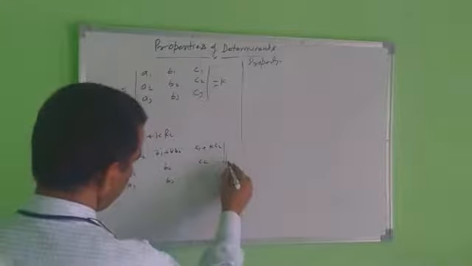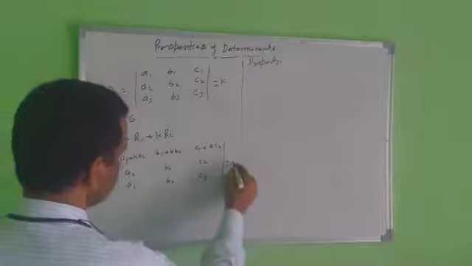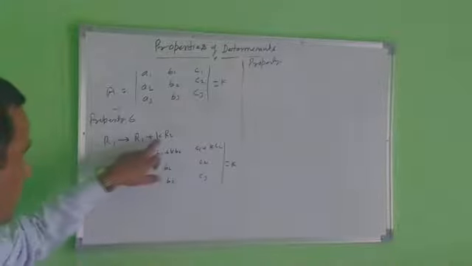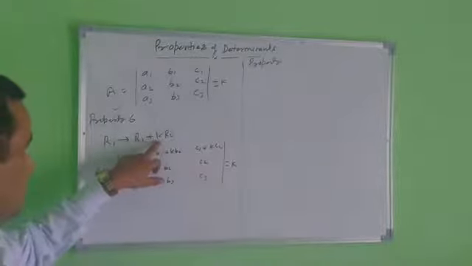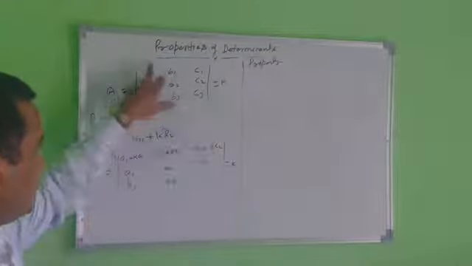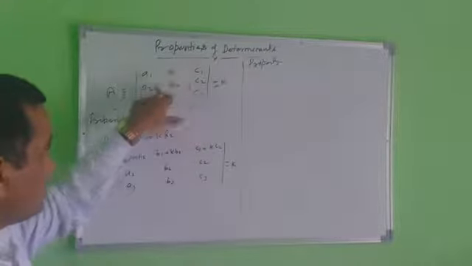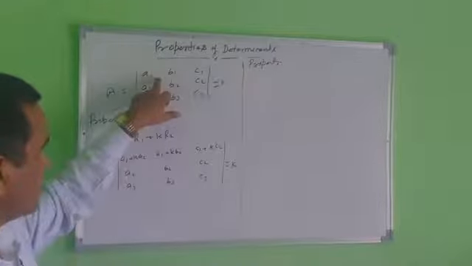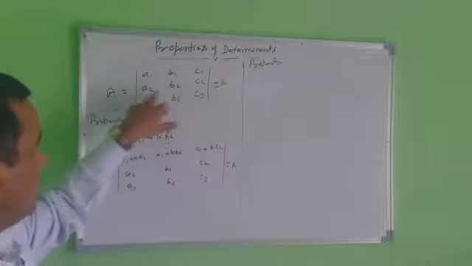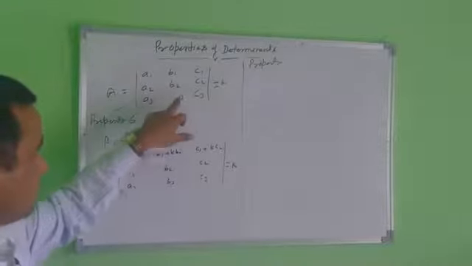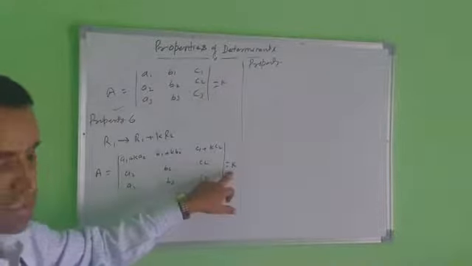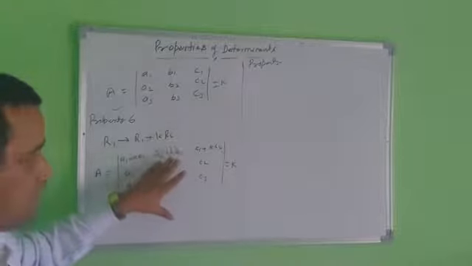After solving this determinant, you will get the answer K. Means when you operate on the determinant by multiplying, dividing, adding, subtracting, the value of the determinant is unchanged. The value remains the same as the original determinant, so both answers come out the same. The original determinant a1, b1, c1, a2, b2, c2, a3, b3, c3 has result K, and after solving the new determinant you also get K. It means the value of the determinant is unchanged.